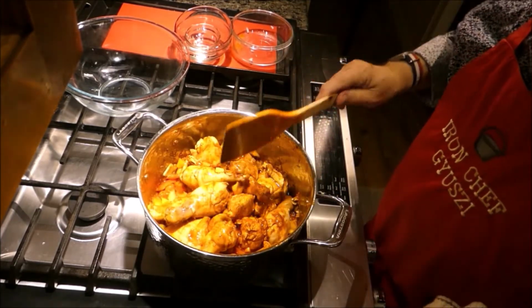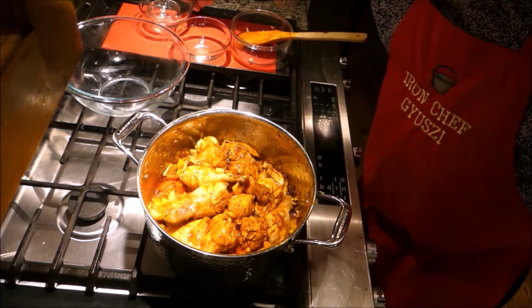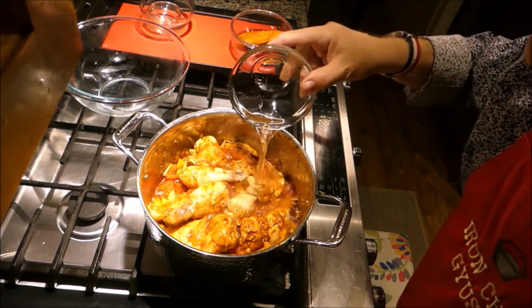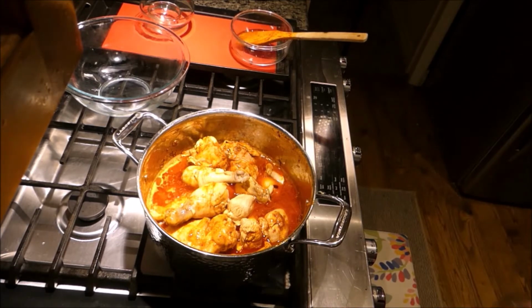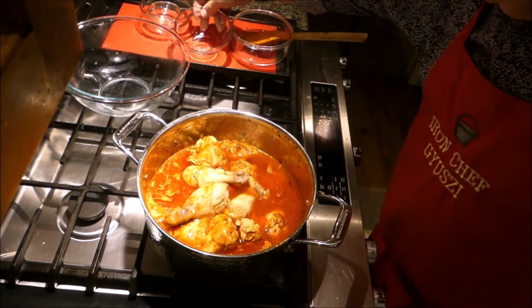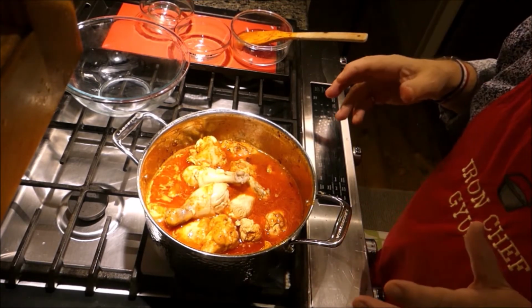There you go. And now what we can do is we can put a little bit of water under it. Make sure that it doesn't burn. We'll put enough water in there so it doesn't quite cover the meat. Something like this. Now, I should mention that I didn't use cold water because if I put cold water on